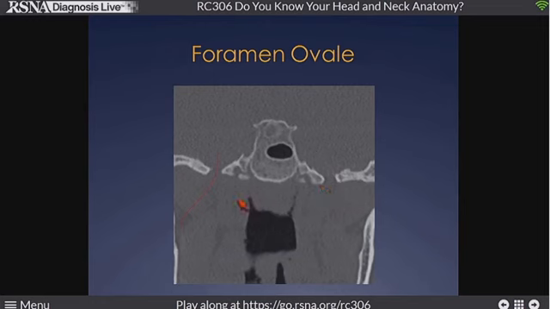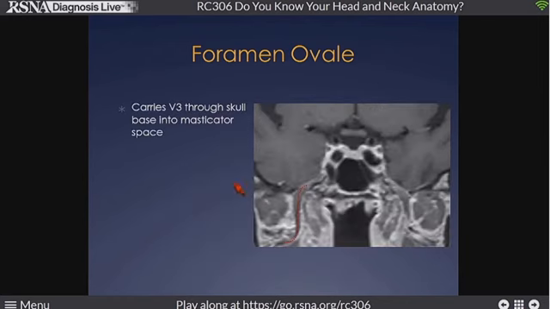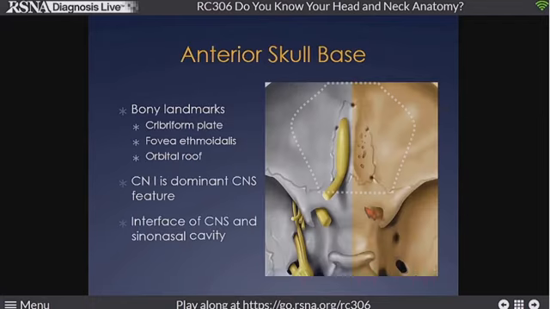So I find on a CT examination an appropriately located foramen. I've got foramen ovale, and there goes V3. It's very straightforward. That drives me right into the masticator space from the posterior cavernous sinus. On MR, now I can actually see not only the foramen, but I can see V3 itself exiting as this nice little cord-like trunk with peripheral enhancement here, a little perineural enhancement at the foramen ovale. So think of the foramen in that regard. It makes your life a lot easier.